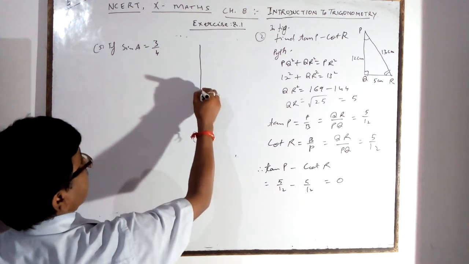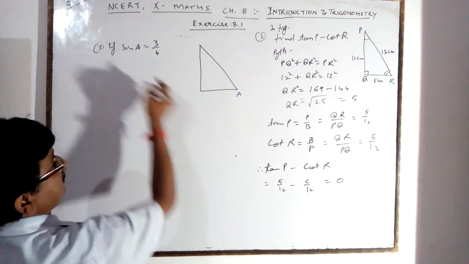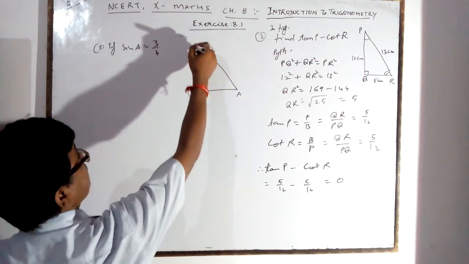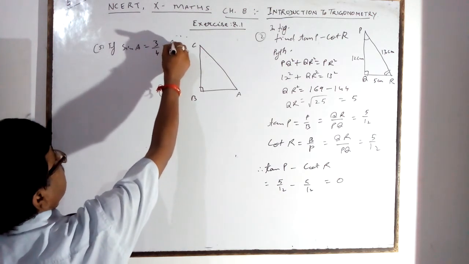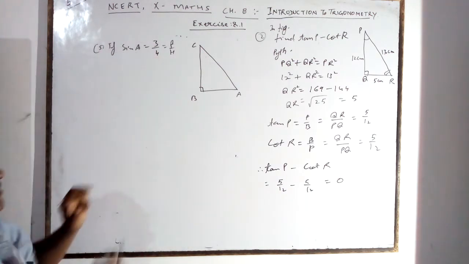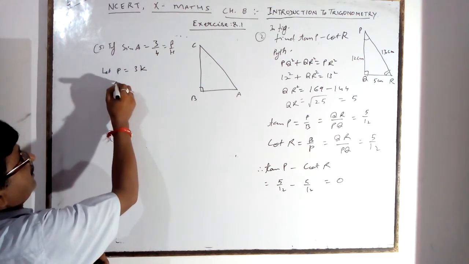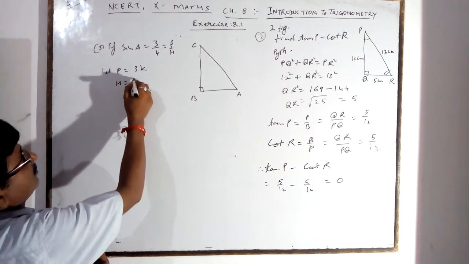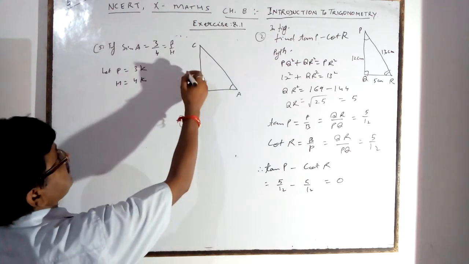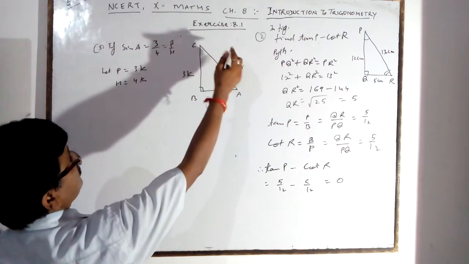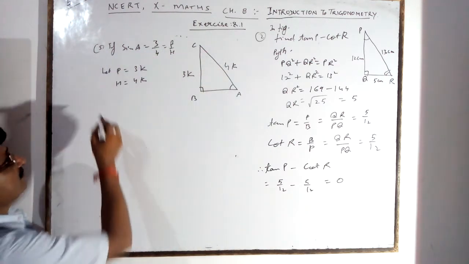It is given A, so it means there is a right triangle in which A is the acute angle. B is the right angle and C is there. Sin A is equal to P by H. So let P be 3K and H be 4K. For angle A, perpendicular is 3K and hypotenuse is 4K. So by Pythagoras,